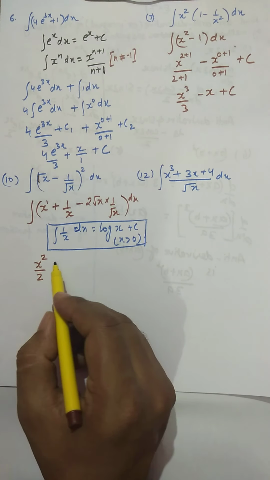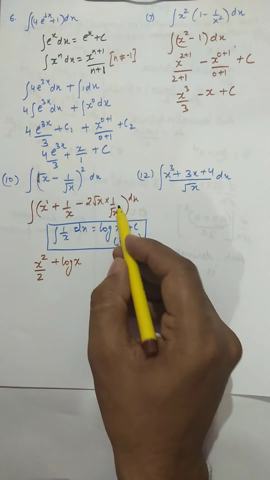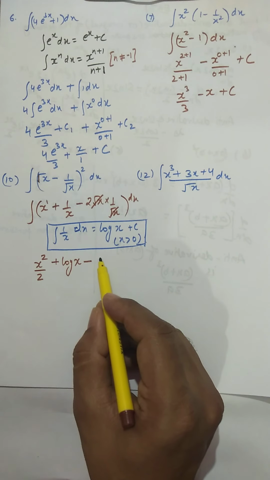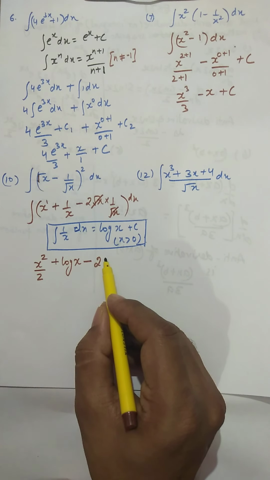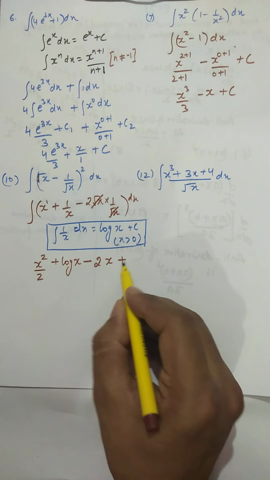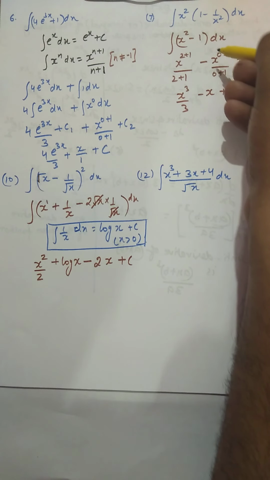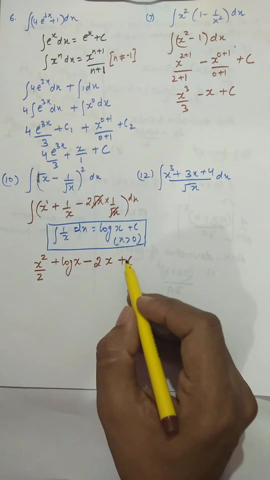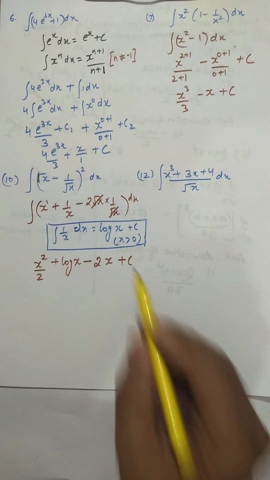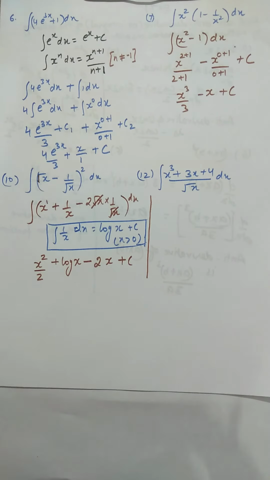Now you start doing it directly. This is going to be log x, because we are assuming x as positive. This is 2 only, so you can write this as 2 times x^0 also. So this is going to be 2x. We have already found that if it is x^0 then the integration will be x, and this is the constant.